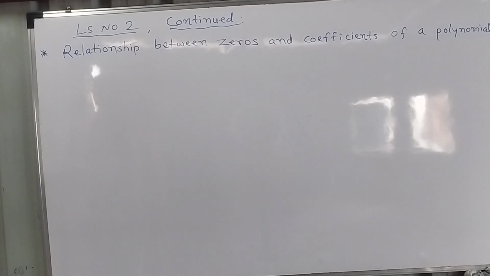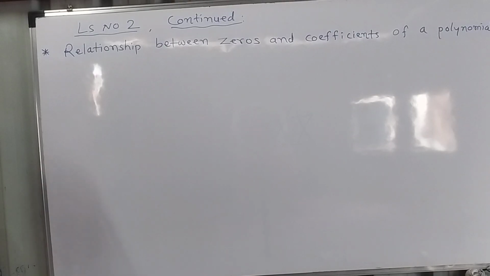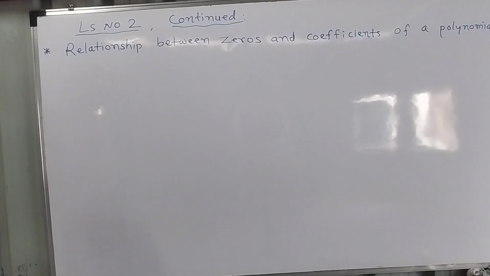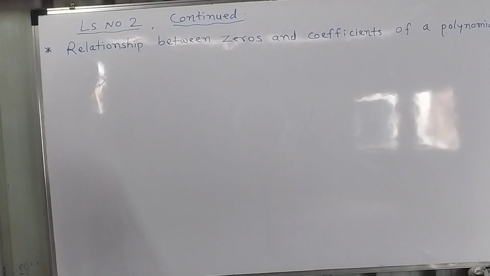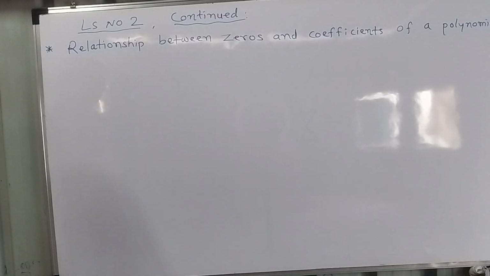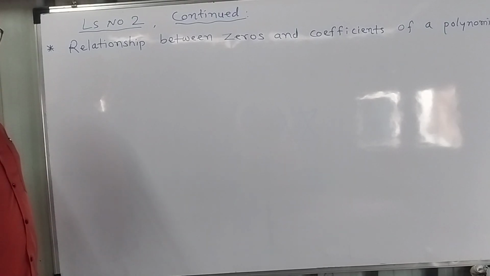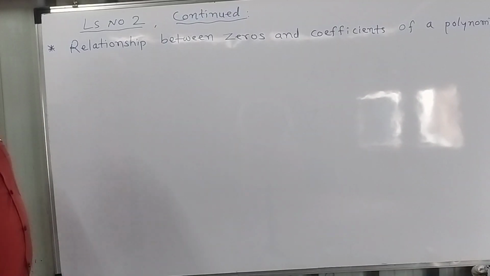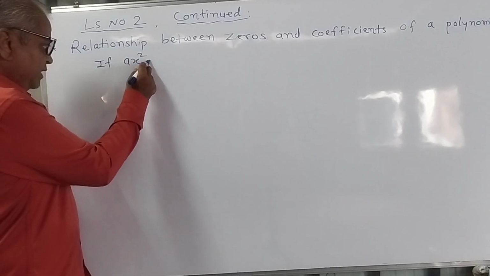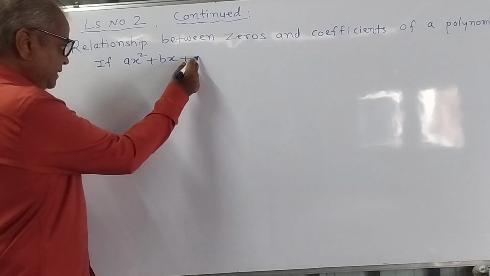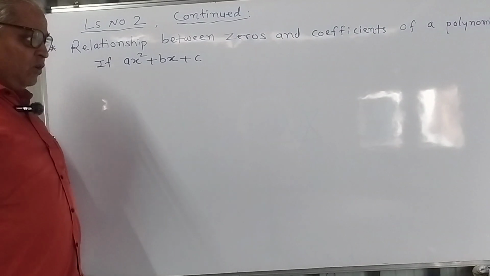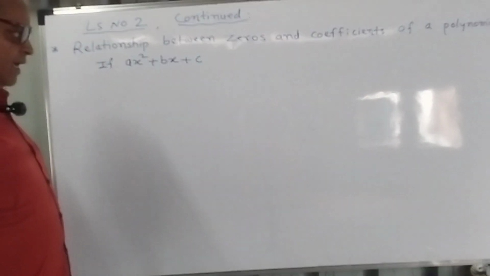Hello friends, today we will continue the remaining part of lesson number 2, that is polynomials. Relationship between zeros and coefficients of a polynomial. See, if ax square plus bx plus c is any quadratic polynomial, we will focus on quadratic polynomials only. So ax square plus bx plus c is any quadratic polynomial, and